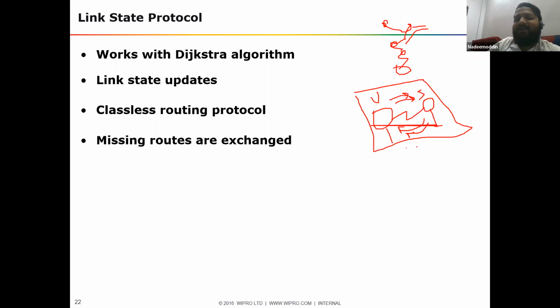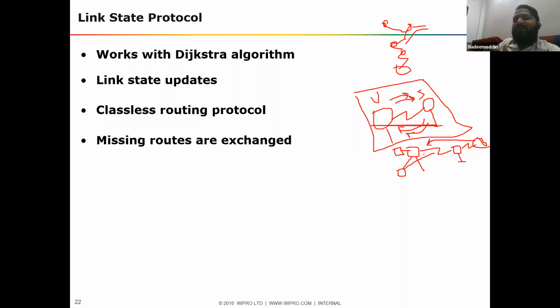But in the link state protocol, any missing information, they will update to each other only. That's it. The information which they already know, let's say Shahid came to know about Saad. So he will just pass that information, okay, see, there is a Saad, he connected to me. So that information he will update in the routing table. If suppose tomorrow something connected here to Ubaid, he will just update to this guy. So Shahid will again update to this guy. So this is how the routers exchange the routings to each other.